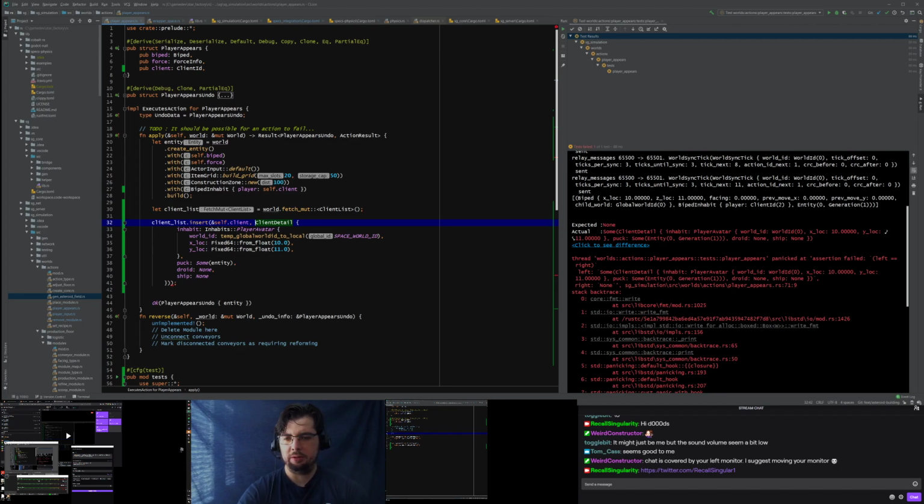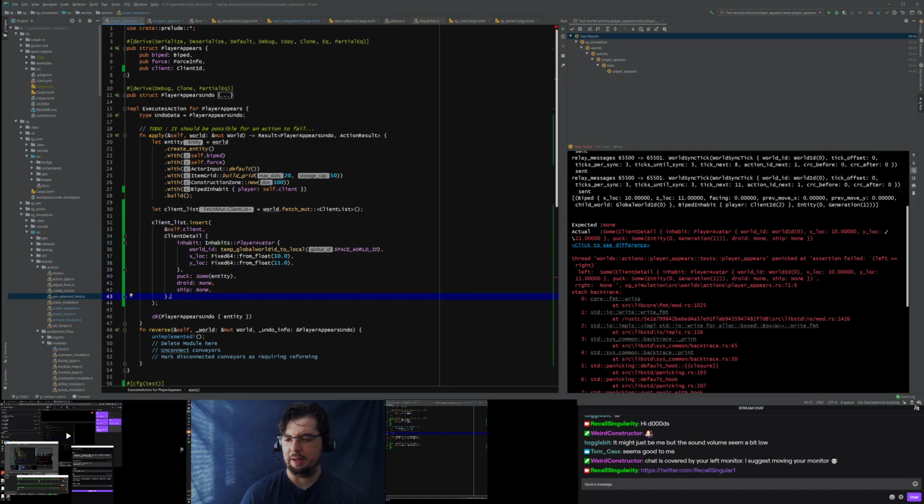I'm just thinking about what we do if the droid or ship is not none. I think the solution to this is just, I can't figure it out straight away. Someone's going to use a test-driven development approach of saying, well, if it passes all the tests I've got so far, then it's the correct behavior. But down the track, if you already know about the client and it has a ship and droid, you probably want to do some more logic around that to manage those. So what's the world ID? It's going to be the same as the new biped that we just created. So self.biped